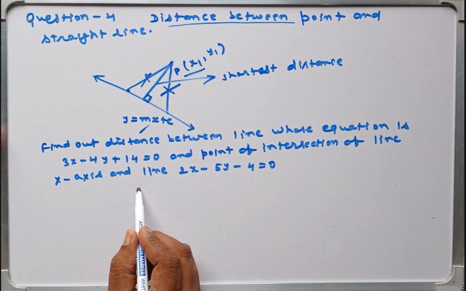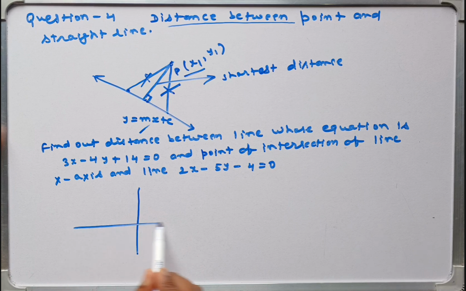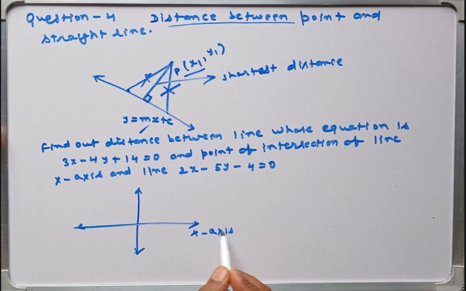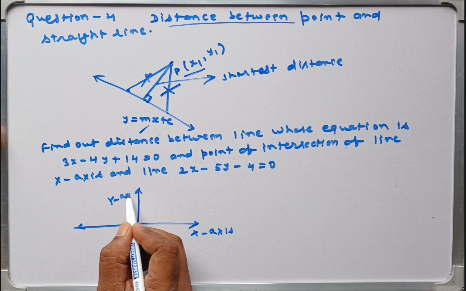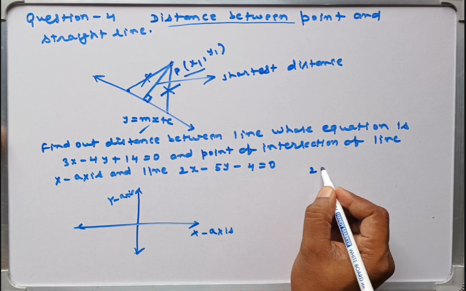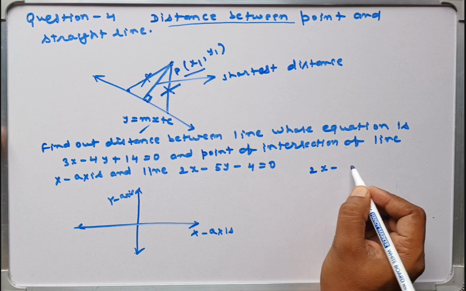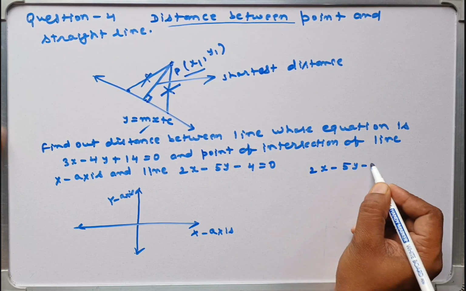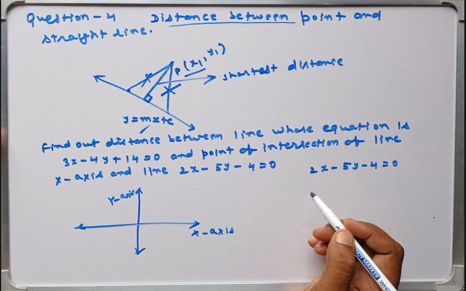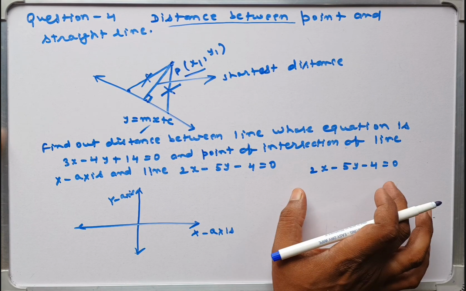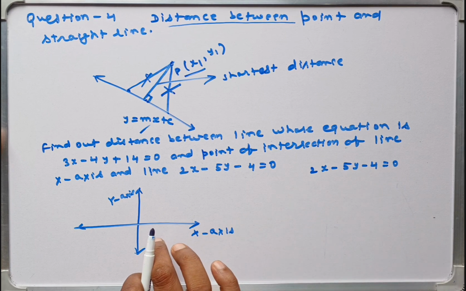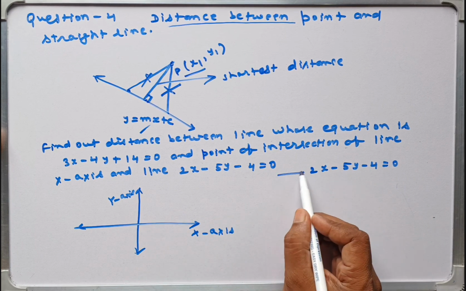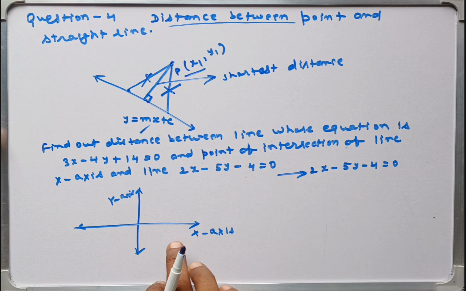Question is here, this one is a y-axis or this one is a x-axis. Okay, so your given line is here 2x minus 5y minus 4 equal to 0. The question is asking what will be the distance between the point of intersection of this line and this axis